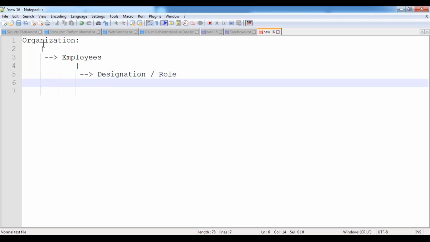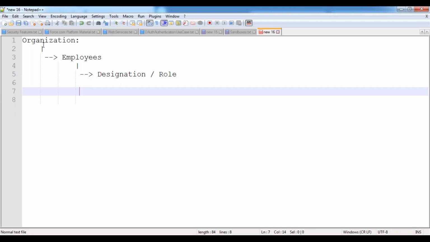Whenever I assign a designation to an employee, each designation gives some set of roles and responsibilities. For example, if you are a junior member, you will have some set of roles and responsibilities. If you are a senior member in the team, you will have some set of roles and responsibilities. If you are a technical lead, you will have some roles and responsibilities. If it is a project manager, you will have different roles and responsibilities. That means each designation or each role provides a set of roles and responsibilities,